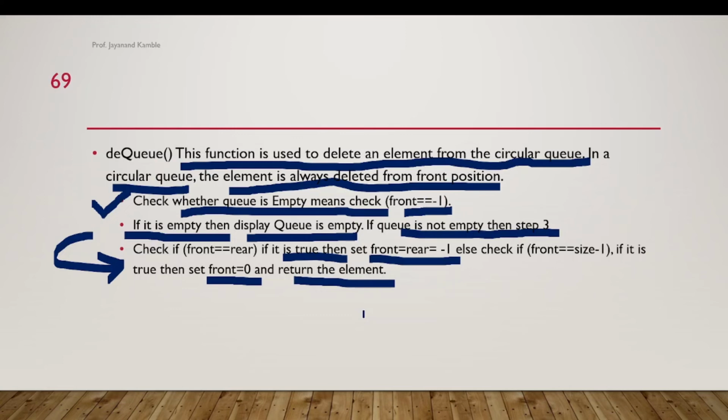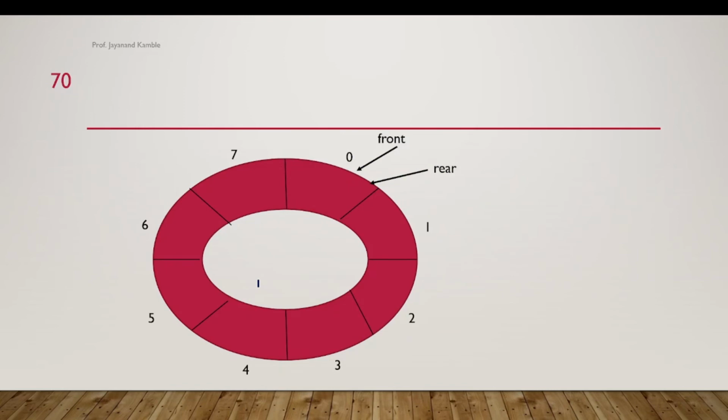Is this clear? See, what is the condition? Check whether front is equal to size minus 1. If size is 5, minus 1 is 4, that means front is pointing to the last element of the queue. So that element will be deleted and returned. Now when the last element is deleted, basically we increase the value of front by 1. But now that is the last position. After the last position, it should point to the first position. What is the index of the first position? 0. So we must set the index of the position as 0. Is this clear to everyone? Okay, so these are nothing but the functions of the circular queue.